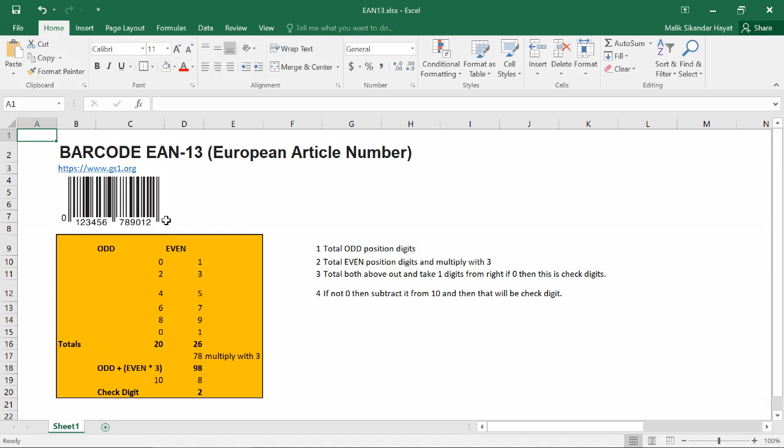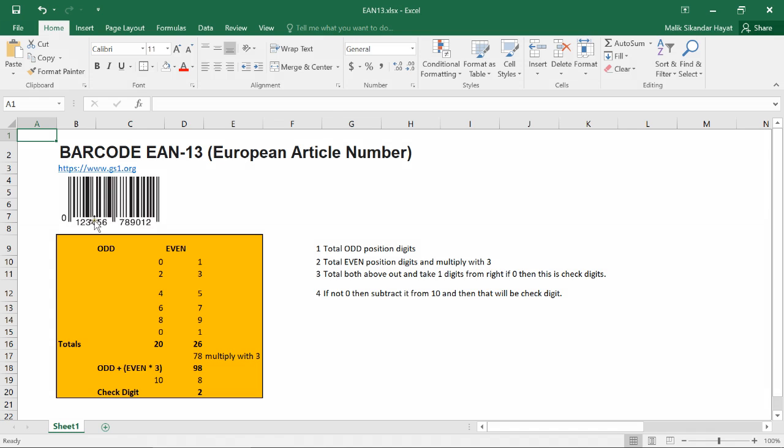Why is the check digit used? Normally, when you scan a barcode, it makes sure that all lines or all digits are scanned properly, because it has an algorithm. So if the barcode is damaged, it will give an error, meaning the barcode is not scannable, or if something is not properly scanned, it will reject that barcode. So when you scan with the barcode scanner, it has the algorithm and it verifies that the barcode was properly scanned.